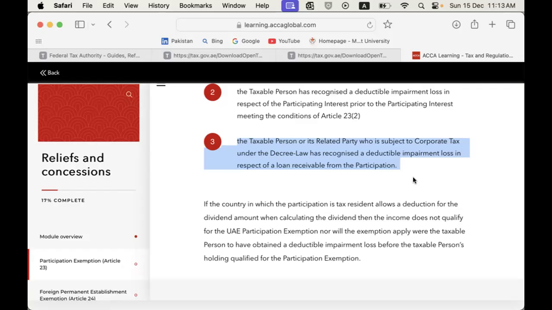They will revert back like people who don't want to think, who want to follow the letter of the law, saying, look, what does the law say? Did you or did you not book an impairment loss? What will be our answer in that case? Actually, we did book the loss. And that's where we are going to lose. But yes, I do agree with what you're saying. There is further guidance needed from FTA on this.